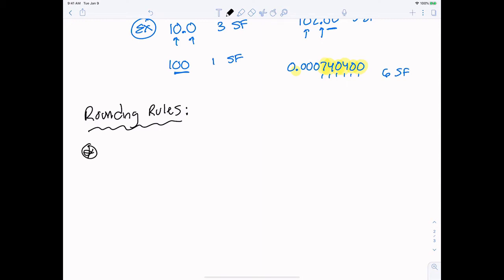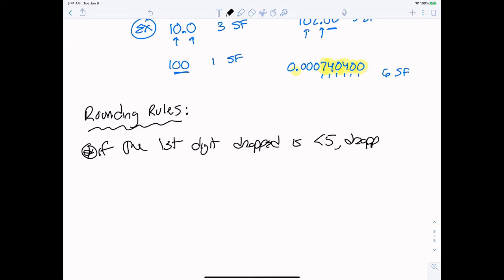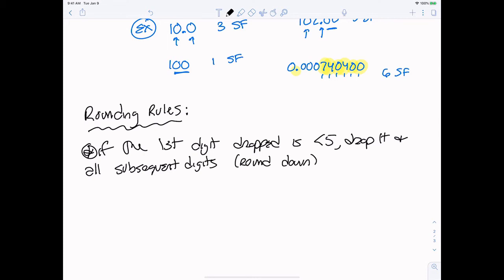So if the first digit dropped is less than 5, drop it and all subsequent digits, so all the numbers that come after it. Often we just say round down. We're not actually rounding down though, we're really just dropping digits. So for example,